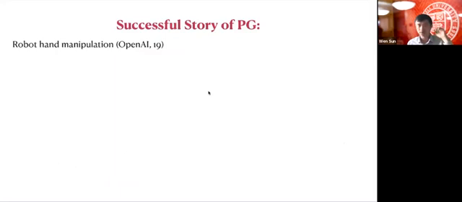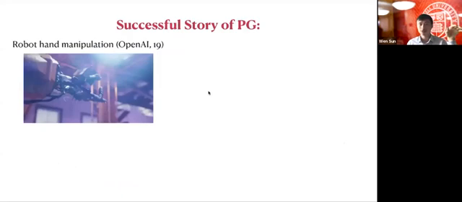So one of the most successful stories of policy gradient, I think, is this robotic hand manipulation project from OpenAI. They were able to basically use PPO, a variant of natural policy gradient methods, to train a robot arm that can play this Rubik's Cube. I think one of the notable techniques that they use is